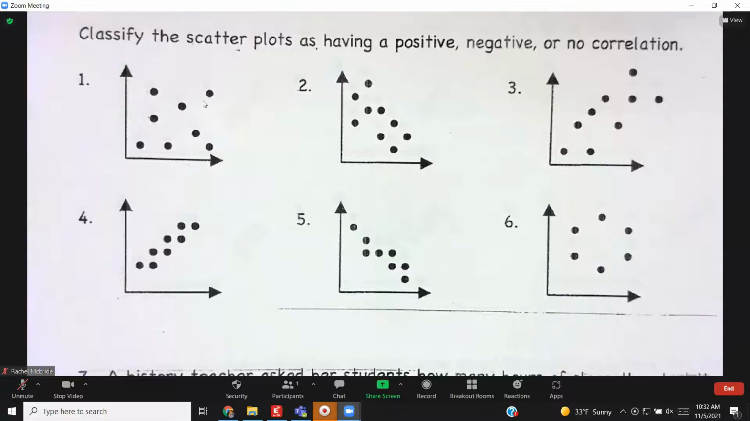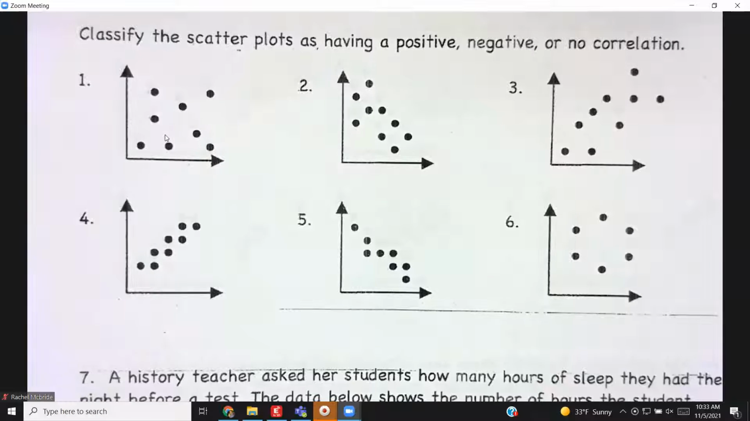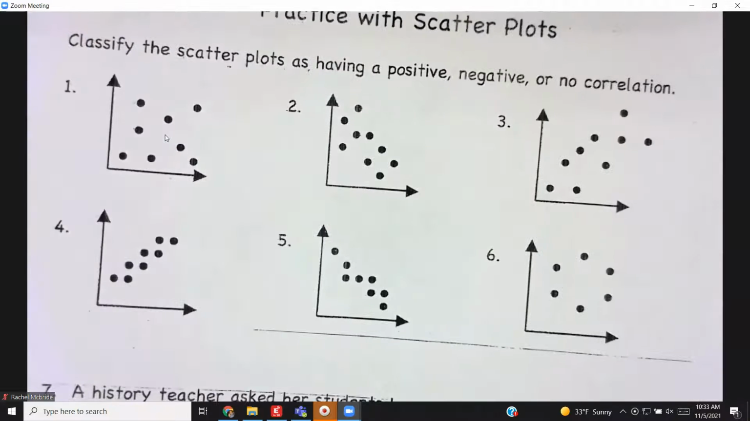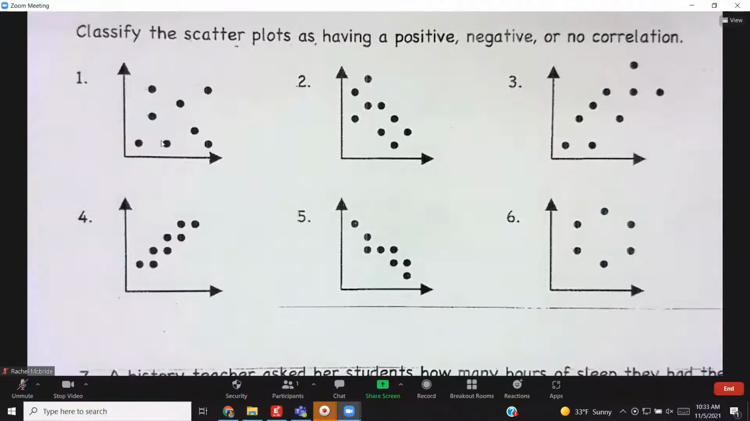Do you think the data is correlated? Yes or no? So does that data look like it forms a line? No. So for number 1, you would put no correlation. And then in number 2,